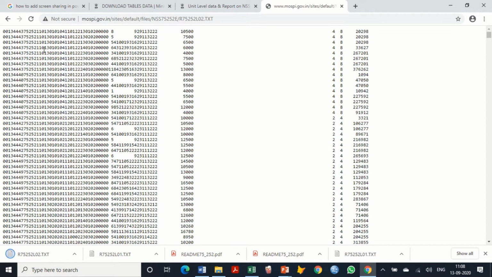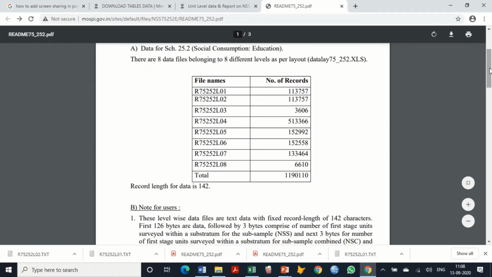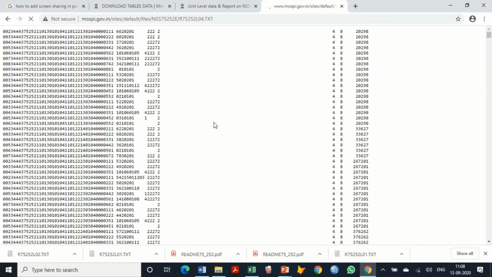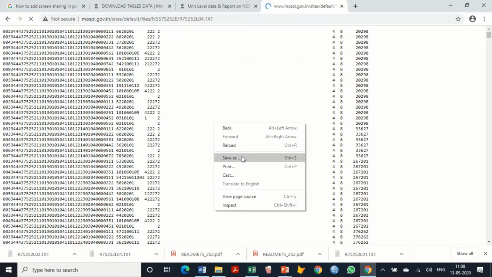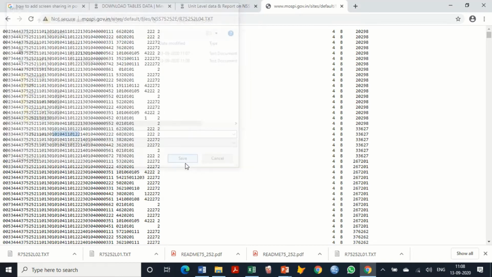It has saved. You can also press the back button to go back to the PDF file. So either you close and reopen, or you press the back button. Then L03, 04, 05, one after another we will continue saving them. L04 is very important because in this level 4 data we will get all the demographic details of all the household members.